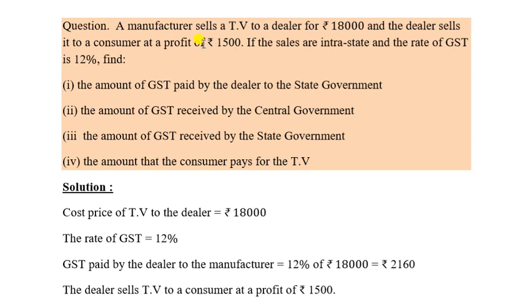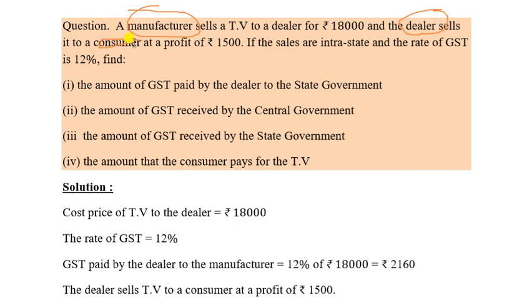So before going to the solution, remember that first you have to find out from the question how many owners or persons are given in the question. You will see we can easily identify. First one is manufacturer, another one is dealer, and one more is given, that is consumer.